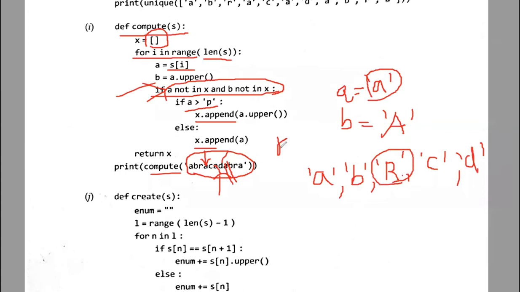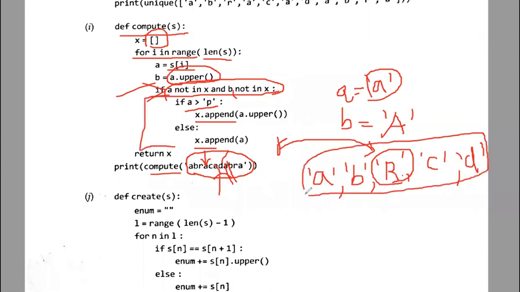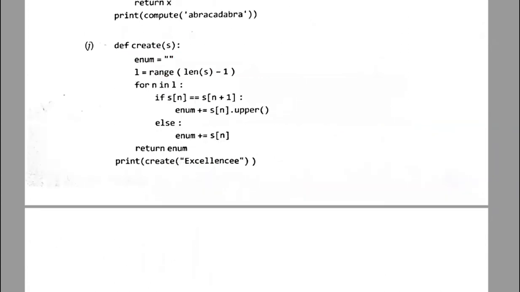It is going to check whether the character is present or the character's uppercase is also present, because we are taking the character and finding the uppercase, and also comparing using the membership operator, we are finding whether it is already available or not. So the result is going to stop with D itself. All the others are already available. This is going to be in the form of a list which will be printed on the screen. Next question is here we have excellence.